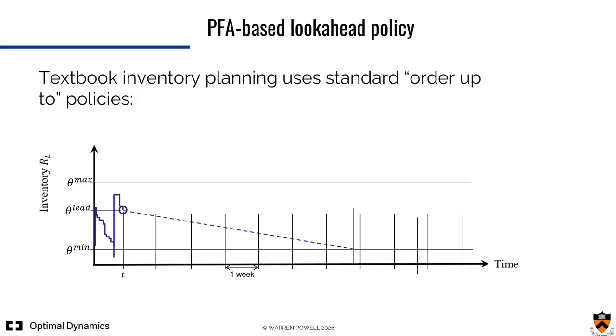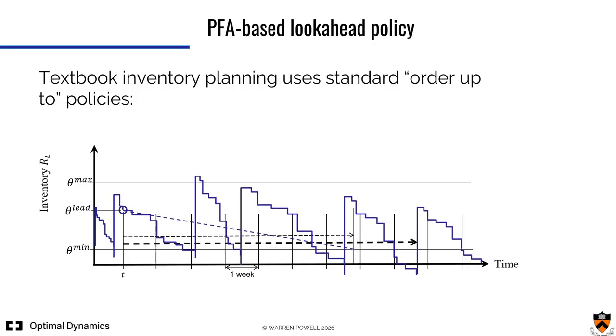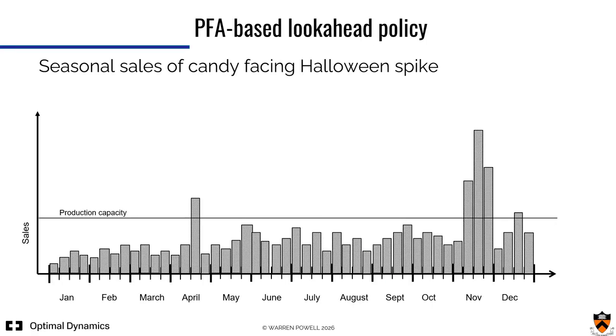Inventory planning problems, real world ones, are really fairly complicated. Often we have very long lead times. We have to think well into the future. Lots of uncertainties come up. Let's imagine the problem faced by a candy company that's planning over 12 months, and they have this big spike in the United States called Halloween. And Halloween, the demand is so high that you have to plan into the future because they don't have the